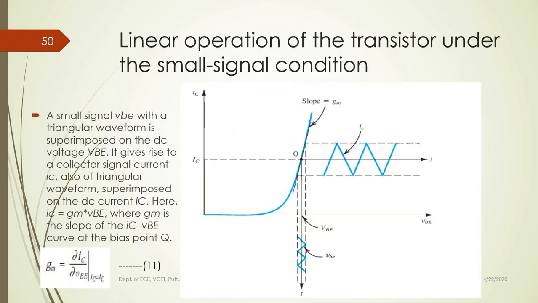Okay, I hope you understood this curve. This curve is also very important. If they ask for the explanation, you need to draw this curve. You can take any waveform, either triangular or sinusoidal. You have to mention the GM, what is small letter iC, where is small letter iC, capital letter IC, capital letter VBE, and then small letter vBE. This is a curve of iC, the instantaneous current, versus the instantaneous base to emitter voltage.